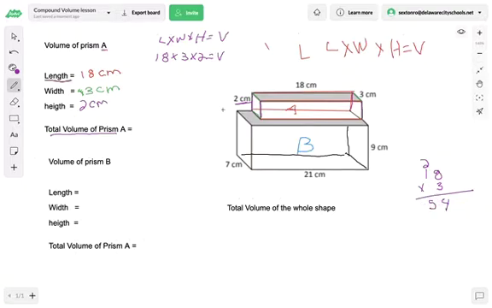So 18 times 3 is 54, times 2. Well, let's see. 54 times 2 is 2 times 4 is 8. 2 times 5 is 10. So I get 108